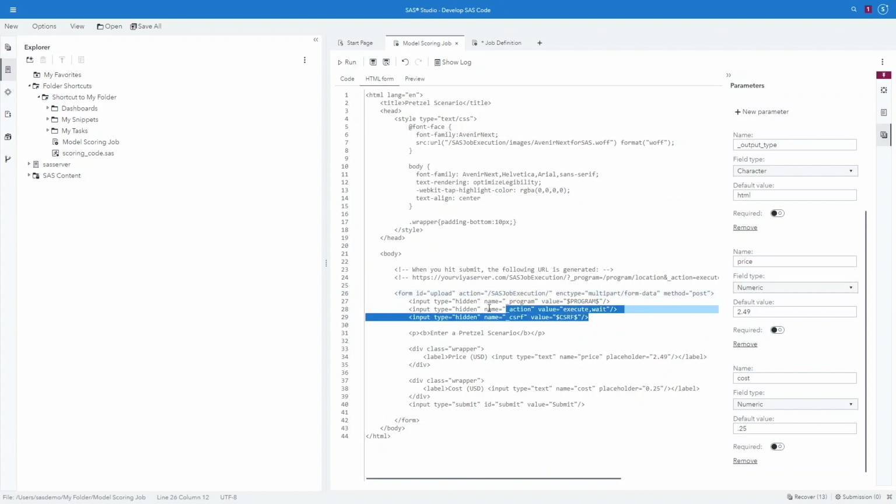We need to have 3 form inputs and 1 specific action. Make sure your action is for SAS job execution. This program statement says to run the program that we're in. This action says to skip the form, just execute it, and then give us that waiting page. And then CSRF, this parameter, it just says produce a cross-site request forgery token. It's required. If you don't put this in here, you might get some warnings or errors saying that you don't have access to do this.